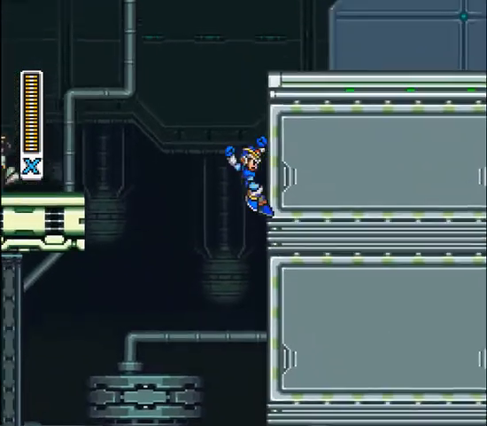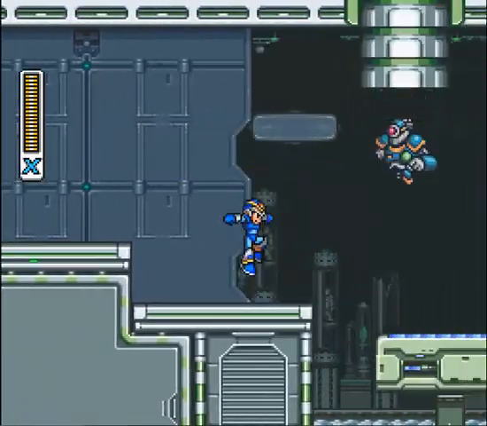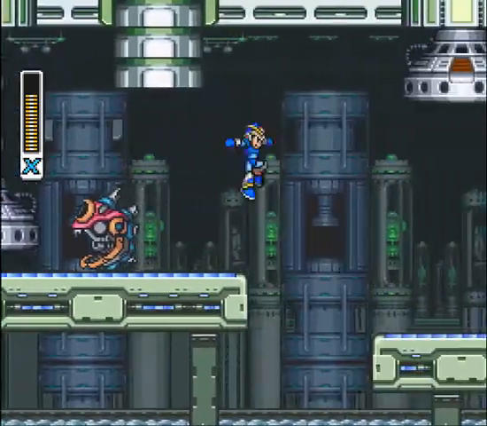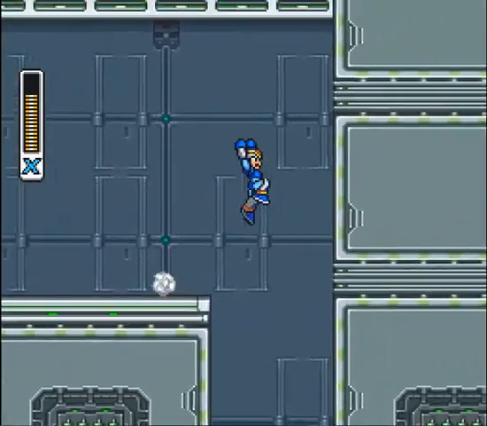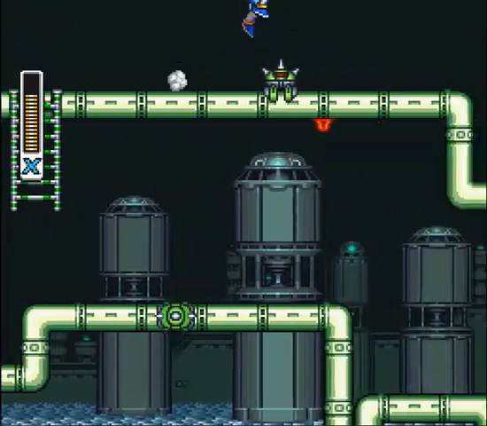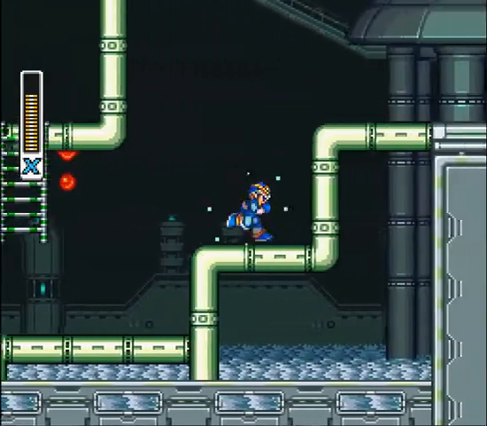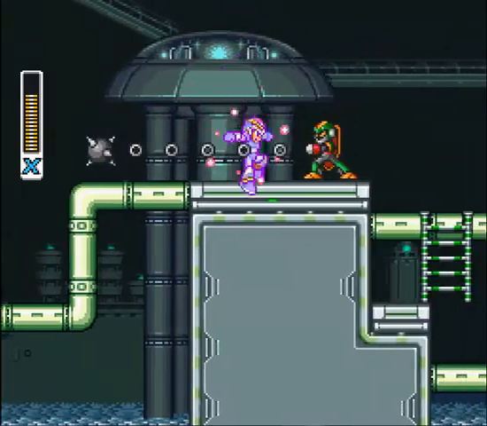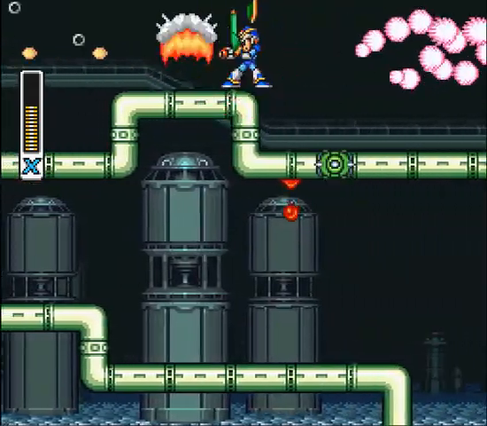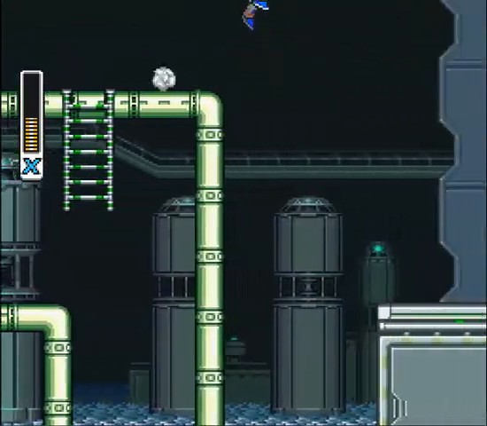Switch back to the Buster. And trying to avoid as many enemies and getting crushed as possible. And we're almost done with this stage. These shield guys can be a bit of a pain, just because the only time you can hurt them is when they fire their spike ball at you. And I'm taking lots of hits, but...